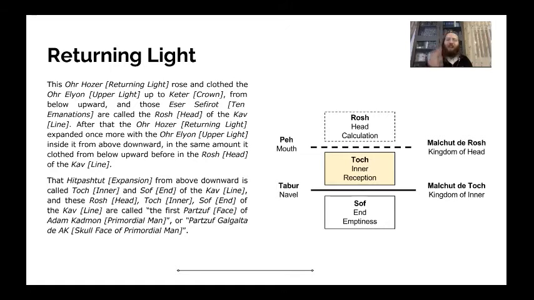What it's trying to say is that the light that's coming in and the light which is being thrown back up, which is the returning light, clothes the light that's coming in. So it's not going in a different direction. It's clothing the light that's actually coming in. So you've got phase 4 going up, and root 1, 2, and 3 are going in. Oh, you're saying the light that is being rejected is clothing the light that's actually allowed to go in?